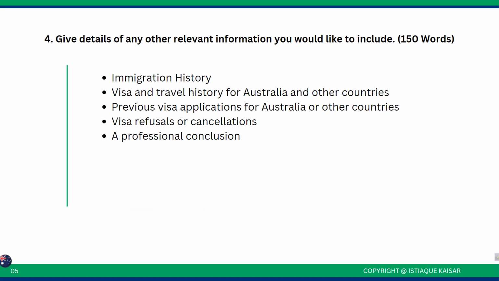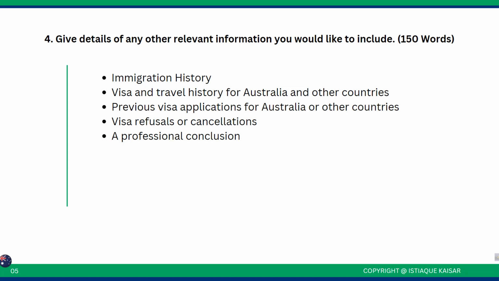And the fourth and last question is: give details of any other relevant information you would like to include within 150 words. So this is a very tricky question because this is an open floor for you as a student, and you need to explain anything that adds value to the visa officer so that he or she can give you the visa. So based on my understanding and research on the